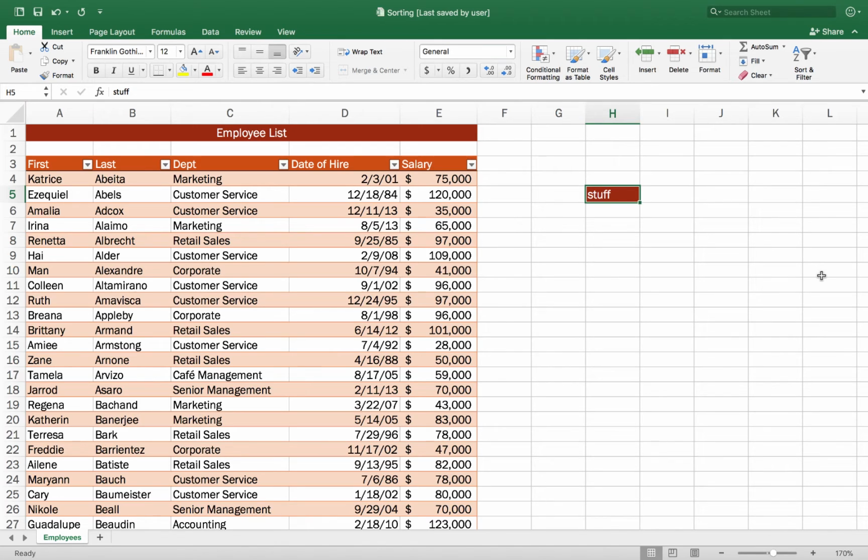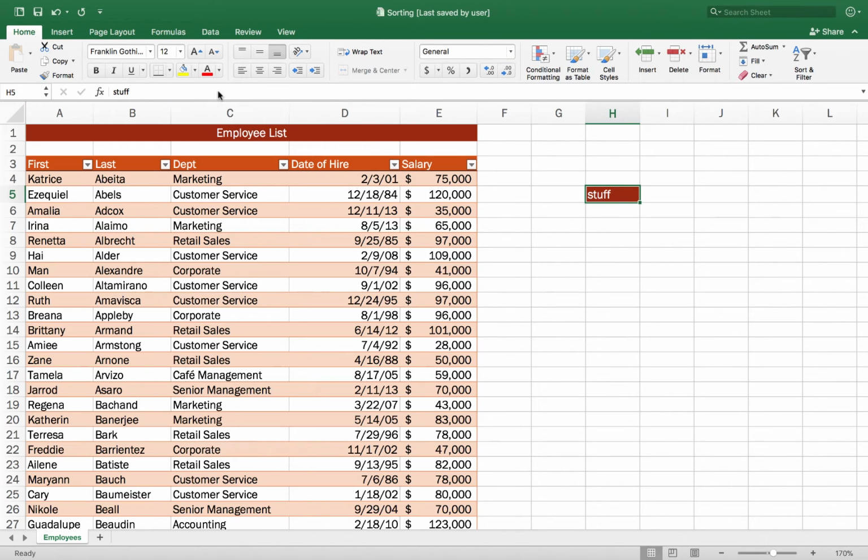That gives you consistency. And the other cool thing about styles is, what if I want to change the appearance? If I hadn't used styles, I'd probably have to go back and touch each of these items to change the formatting. But because I used a style, I can just redefine what the style settings are, and Excel will change all of the cells that have that style.